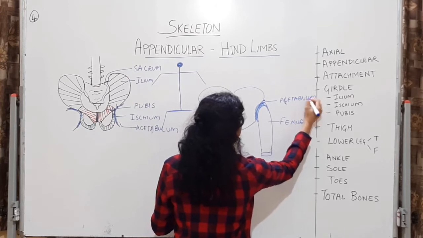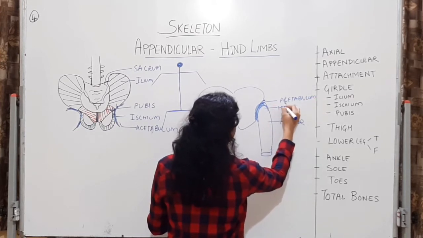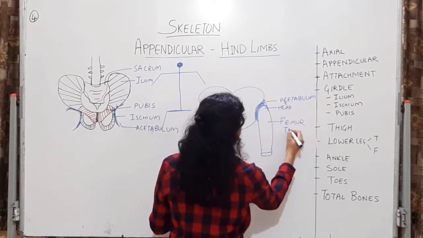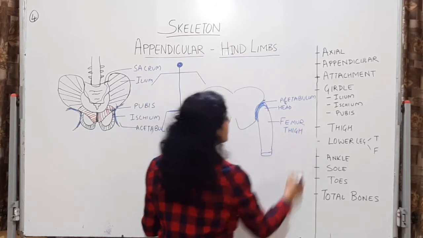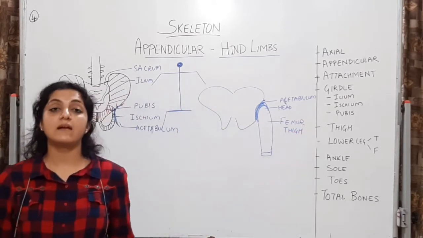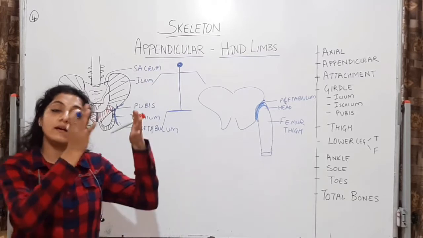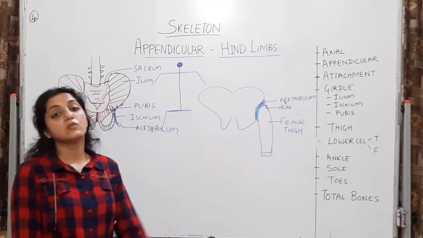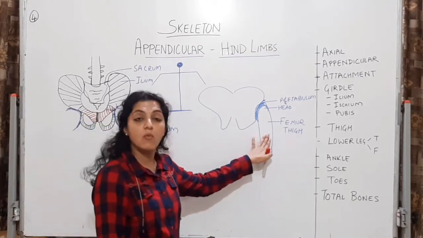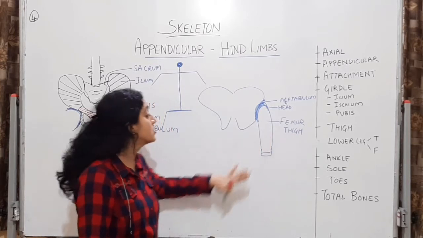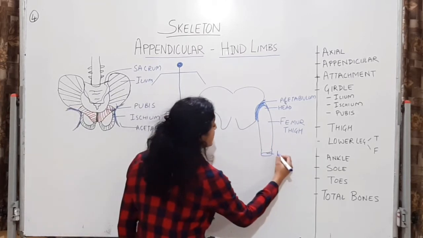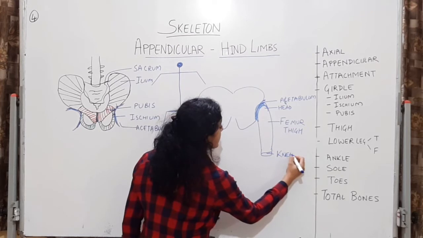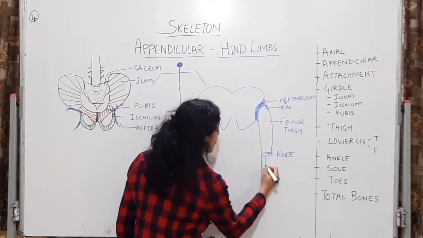This is the ball, that is the head of the femur, which is a thigh bone. Important MCQ. It's an upper leg bone, means leg को अगर divide करेंगे upper और lower leg में, तो वो upper leg का bone होगा femur. It's a thigh bone, and this is going to be your knee. And knee के नीचे आएंगे अब two bones.